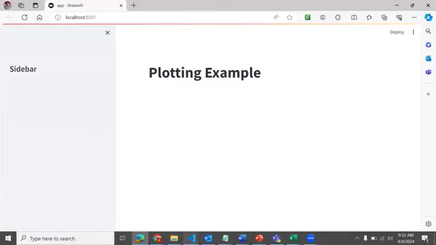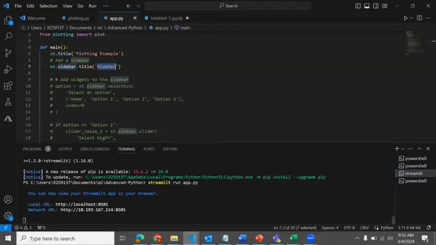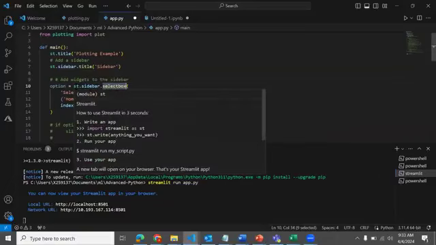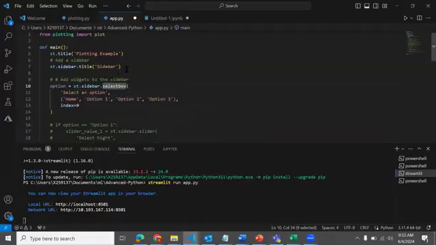So again, we'll go to our code file. So here you can see I just created a widget for the sidebar. So this is what we discussed in the very beginning. We have so many widgets in Streamlit. Among those you can see a select box. You can also do the select box in the main page as well. But in this, I'm doing the select box in the sidebar. I wanted to have this select box in the sidebar, so that's why I'm doing